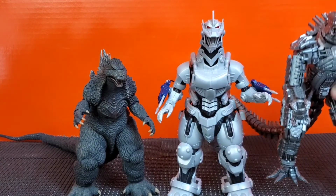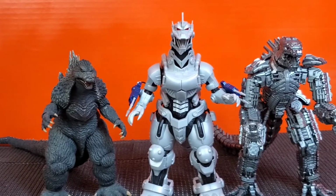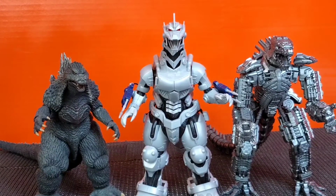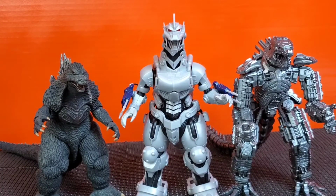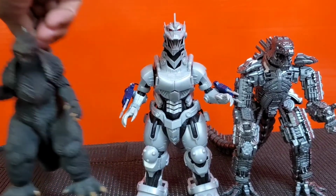Here is the Mechagodzilla from the Godzilla vs. King Kong. And that's what I was mentioning earlier, that the SH Monster Arts builds their villains quite on the big side already. So it can work if you like. I mean, it will fit with the villains if you have them all separated. And then we got